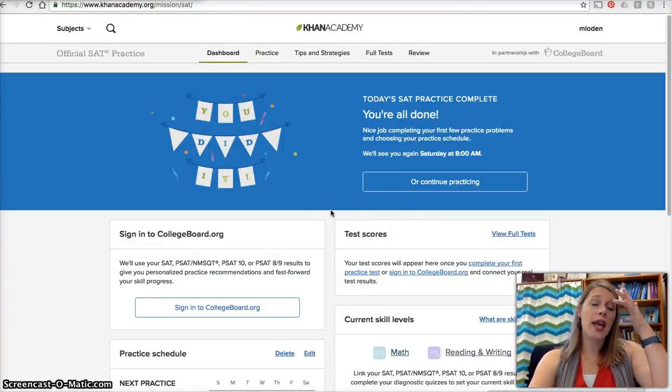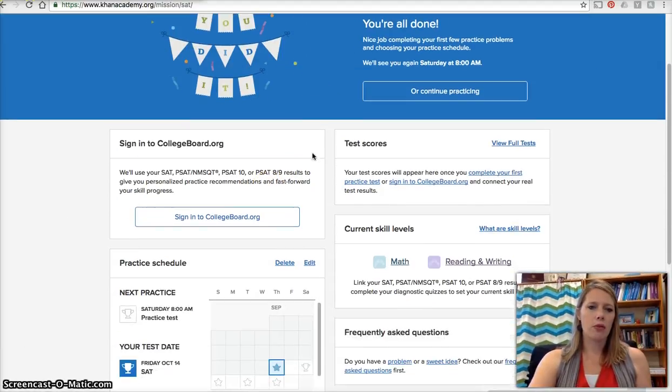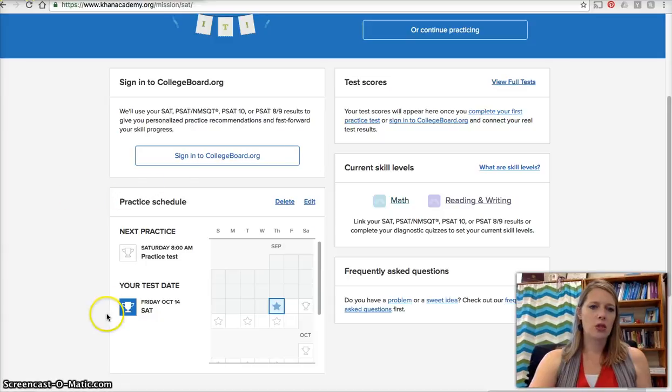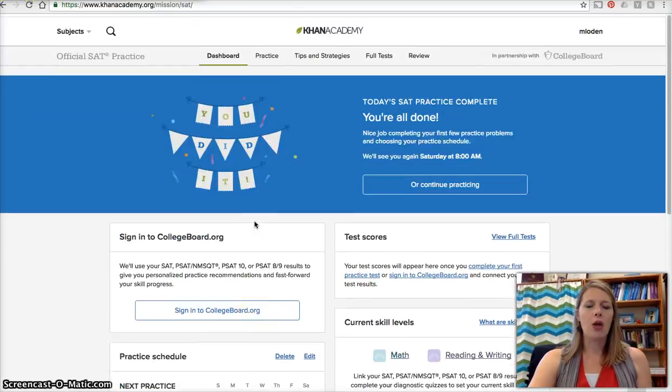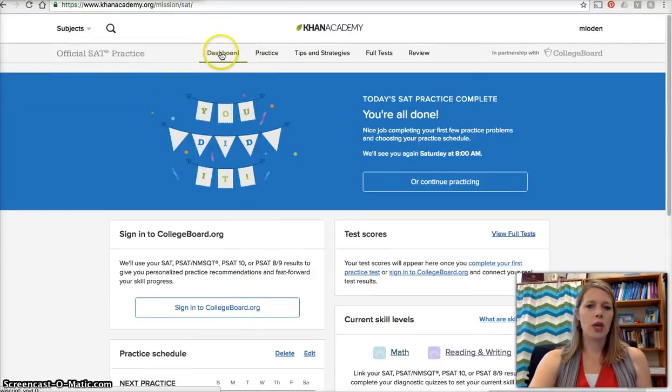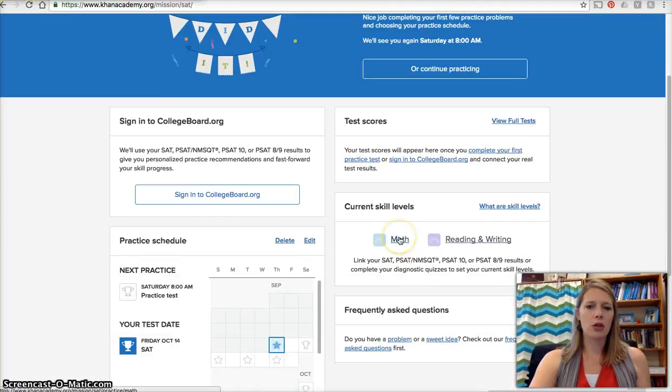Once you have created your practice schedule, I'd like you to take a screenshot of this page. Make sure you include your username that's in the top right corner. So this will show me that you have set up a practice schedule. Okay, now the next thing I'd like for you to do is select math under current skills,